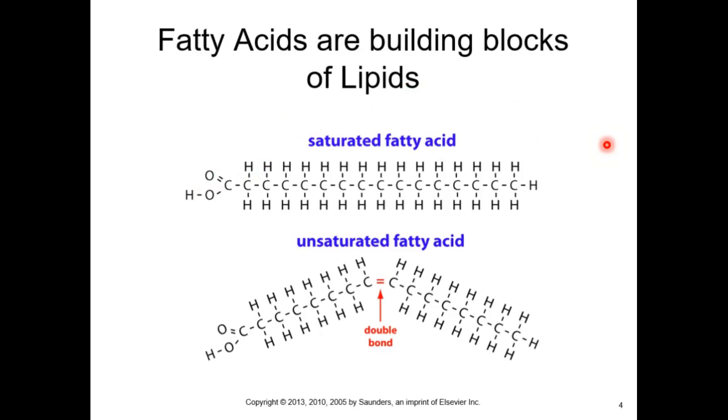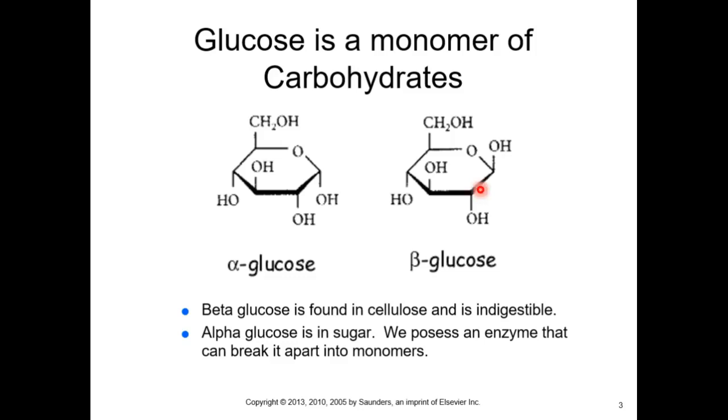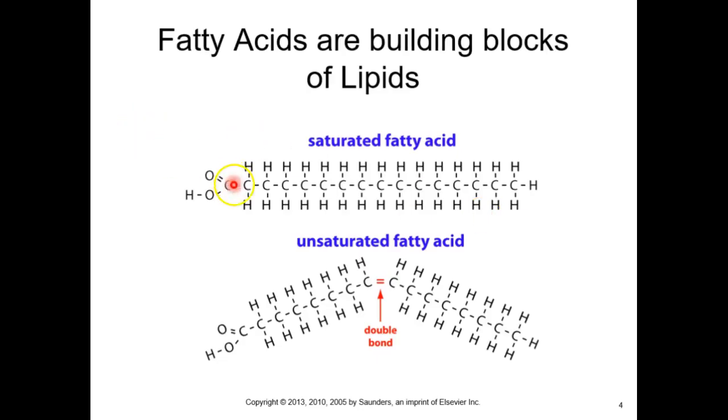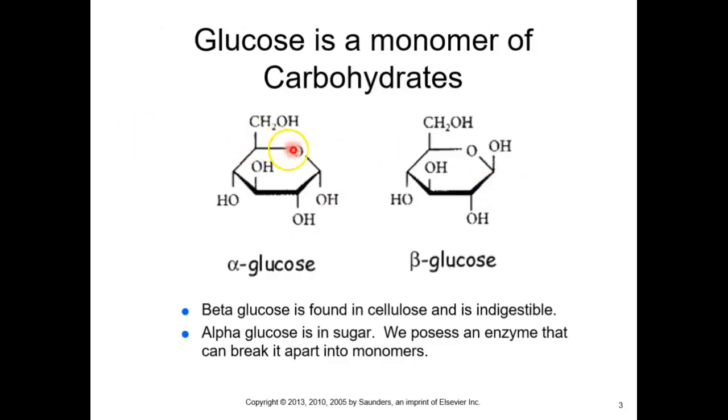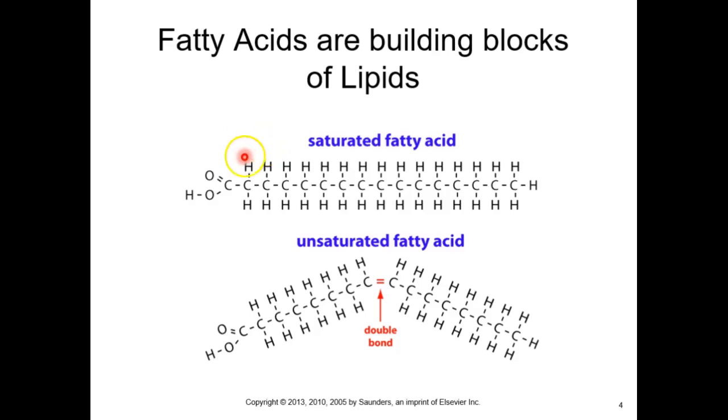Fatty acids are the building blocks of lipids. It's hard to say that there's a monomer exactly for this. What a fatty acid is, is a chain of carbon backbones. We're a carbon-based species. Most everything is carbon. If you don't have a letter there, it's a carbon in chemistry. These are all carbons. So we're still talking about a carbon chain, just like this was actually a carbon chain that turned into a loop. And then we're going to have hydrogens, just hydrogens pretty much, bound to that carbon chain.